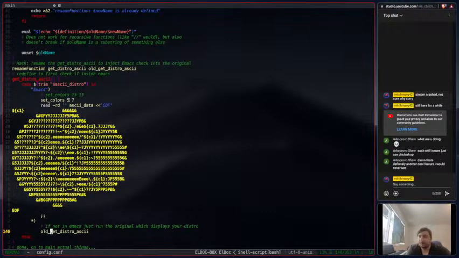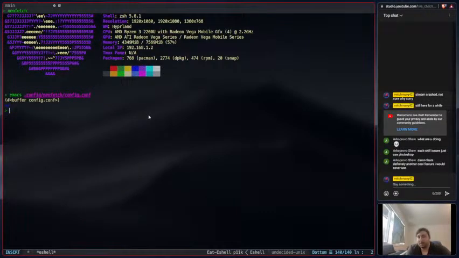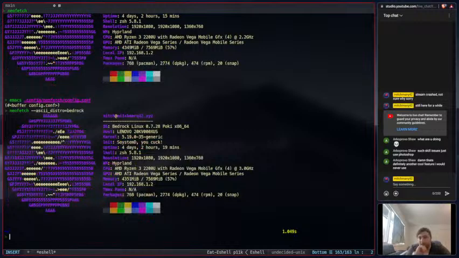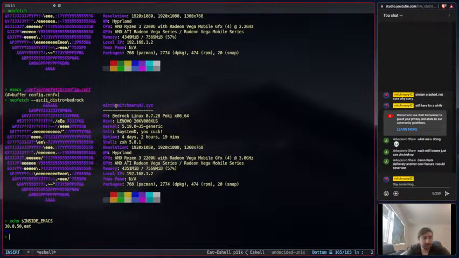So ASCII distro equals Emacs. So if we go neofetch ASCII distro equals bedrock. Hang on, that doesn't work now. Basically, the way this works is it checks if the variable INSIDE_EMACS exists, and inside of my eShell with the eat terminal, it says eat and then the value of Emacs. If we open a vterm,